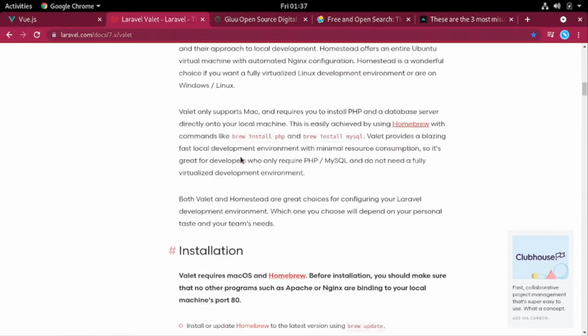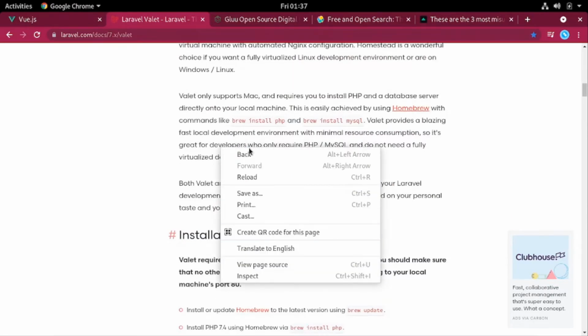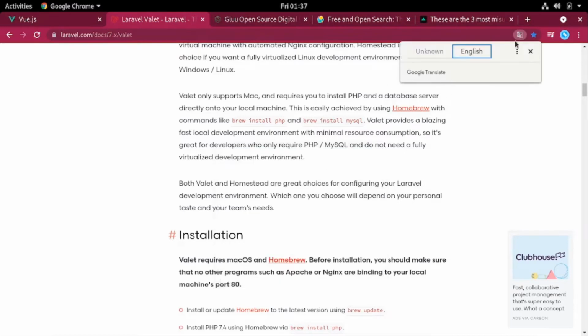While you are reading through your page, just right click in it. From this context menu, you'll see this entry, translate to English. So whatever language that shows here, just click on this option, translate to, then it will open this pop-up for you. From this pop-up, click on this menu button with the 3 vertical dots, and then you